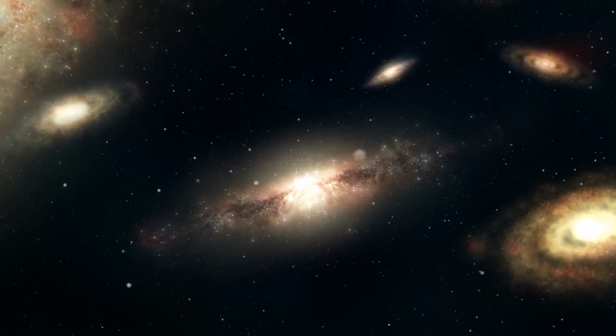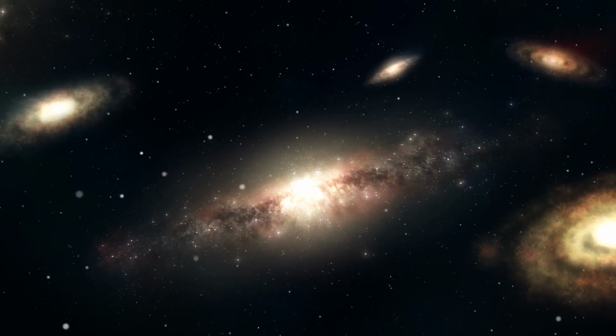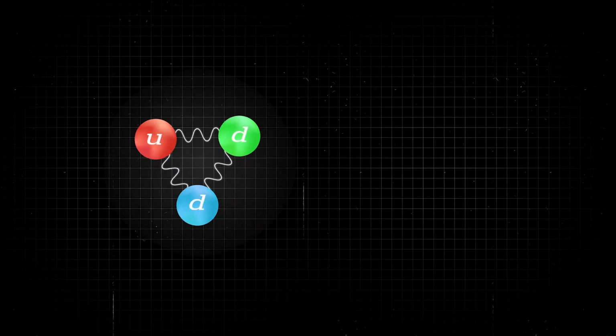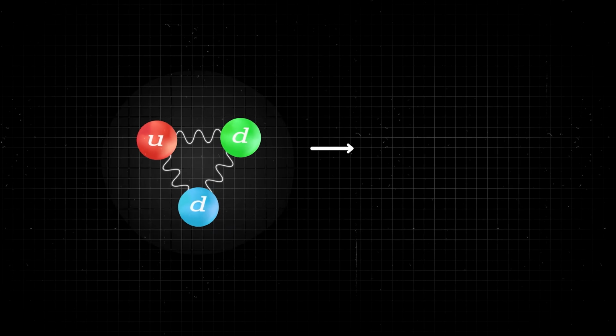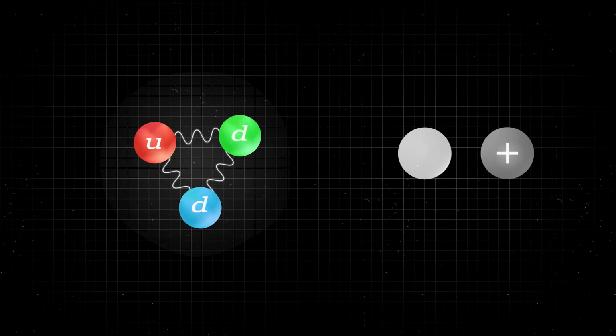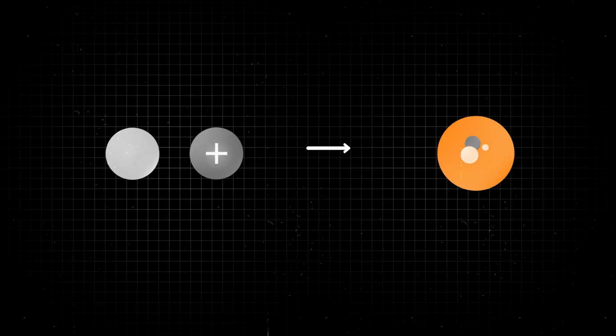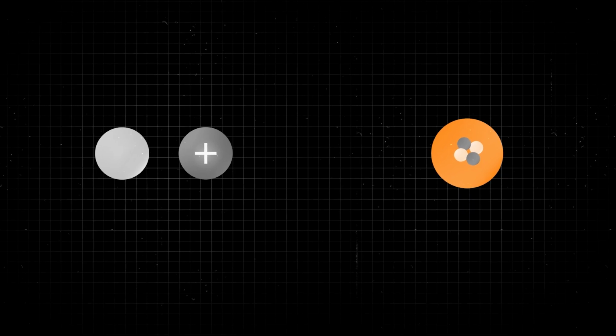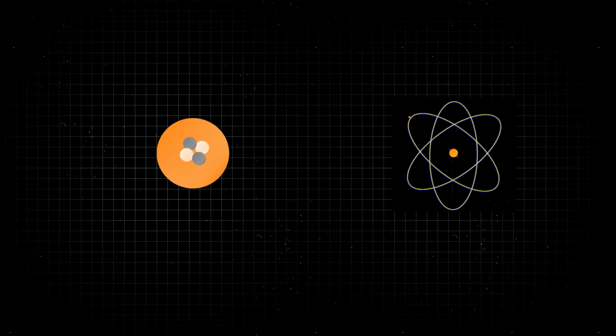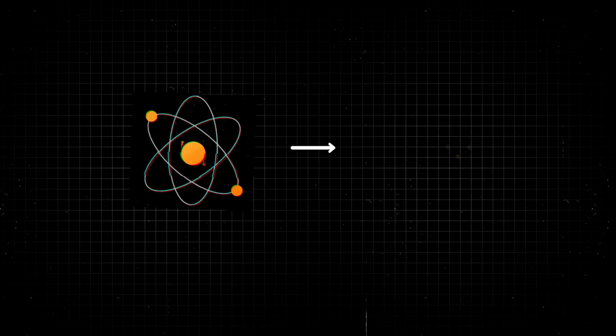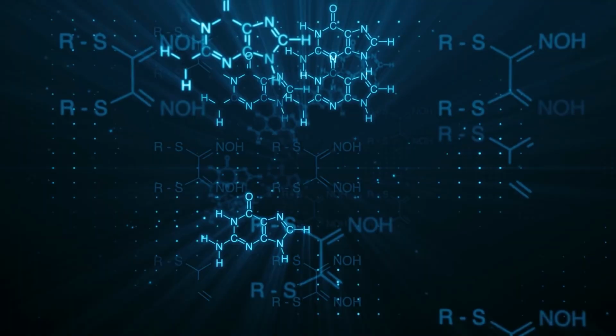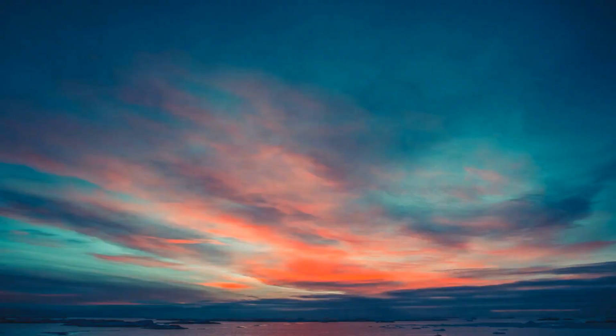So the trick to creating an interesting universe isn't just having matter, but having matter that can come together to form more complex types of matter, like quarks, which are the fundamental particles that make up neutrons and protons. And neutrons and protons, which in turn make up atom nuclei that are orbited by electrons, which in turn form atoms. And then these atoms form molecules, which are the base of chemistry that brings about the most complicated and funny thing in nature, life.